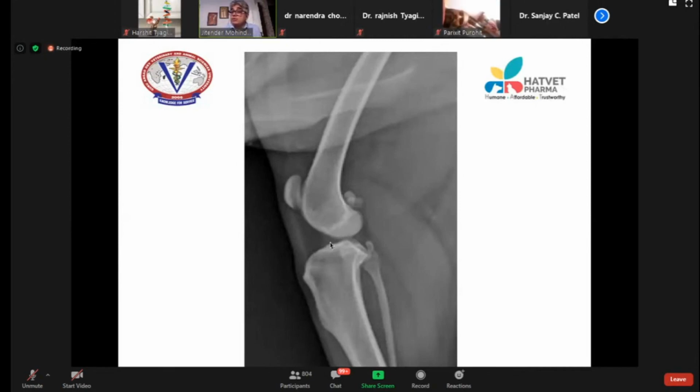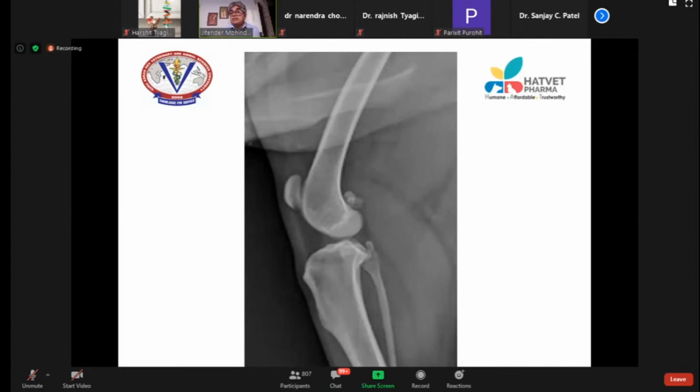This is infrapatellar fat, and this, you see this faint white opacity, less than the bone opacity, that is soft tissue or fluid opacity, that is the synovial space here. This is the synovial space here, that is the joint. This synovial space should be tight and very small, insignificant in a normal joint.